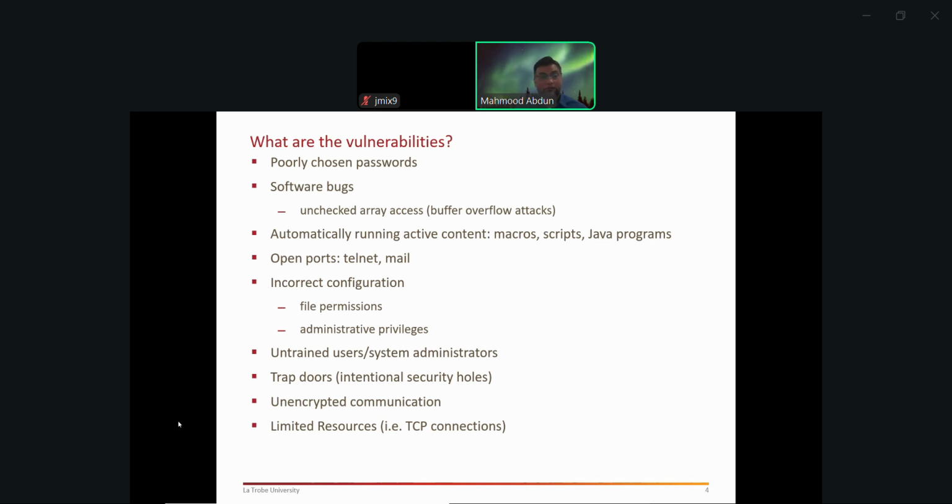Software bugs, essentially, these are vulnerabilities hidden inside software that was developed by a software developer. And there are many, many different bugs and possible attack vectors by using a software. Here, one of the examples given is buffer overflow vulnerability.